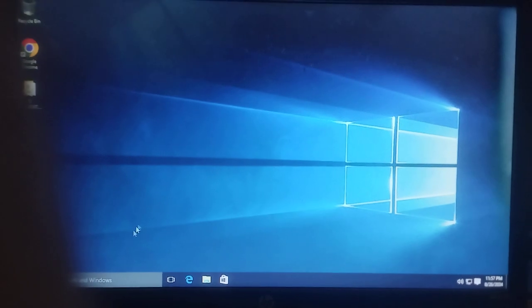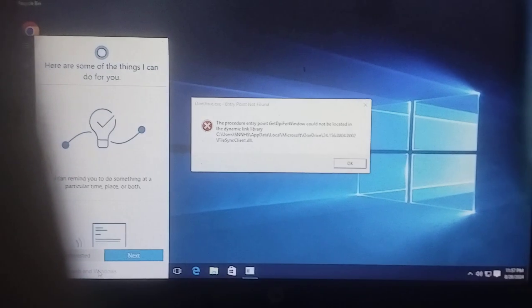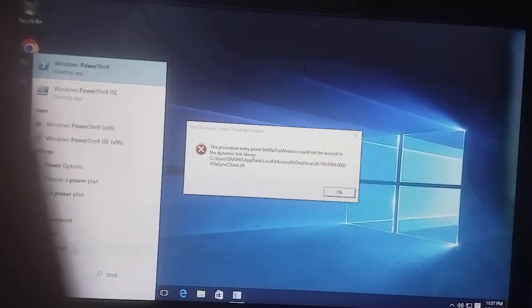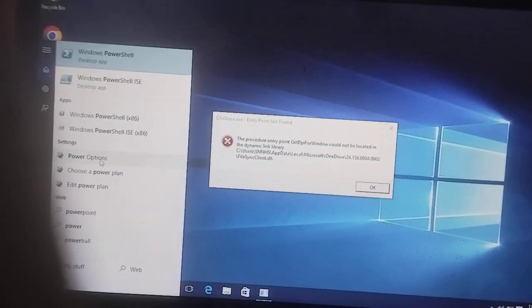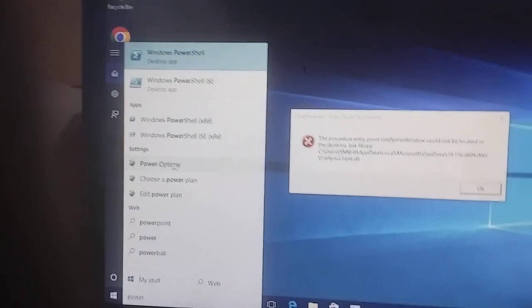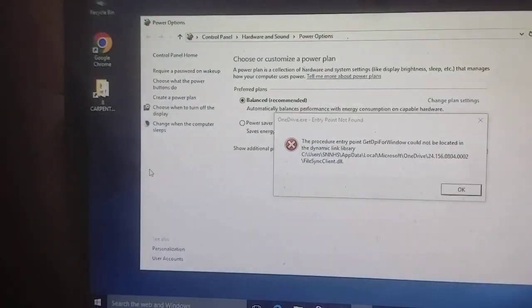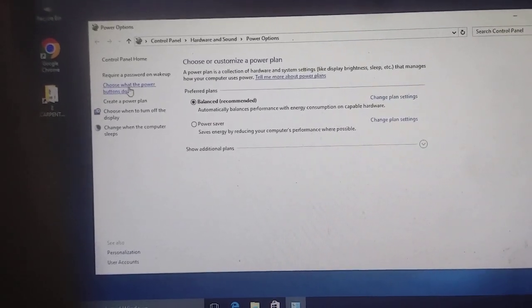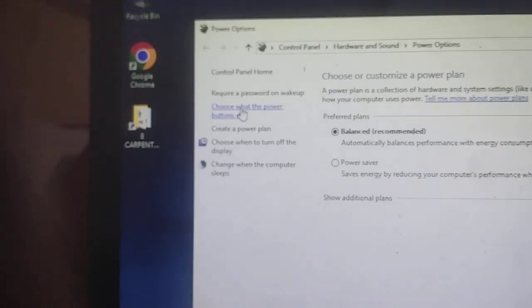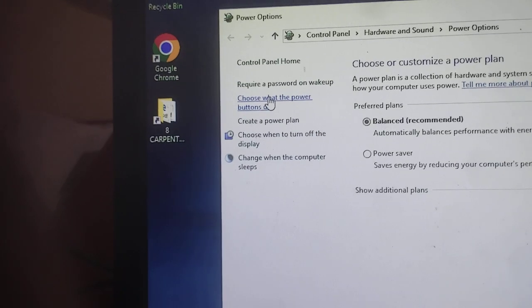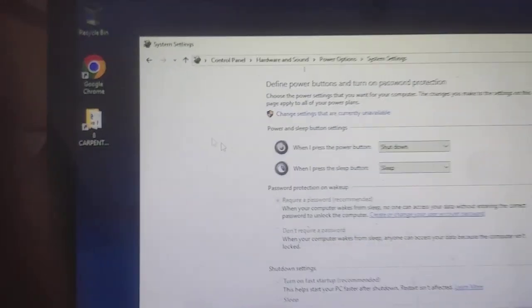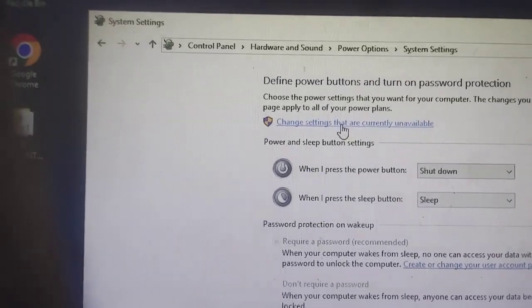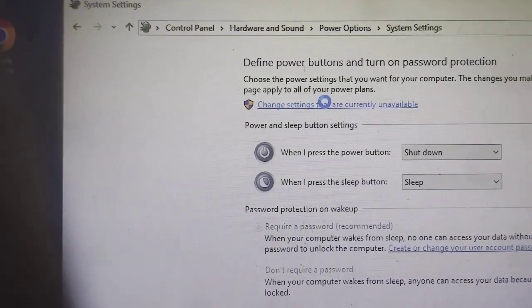So to solve this problem, you can click at the start button, you type here power or power settings, then you click power options, here power options, and then close this one, then you click choose what the power buttons do, this one, and then here you click the change settings that are currently unavailable, click this one,